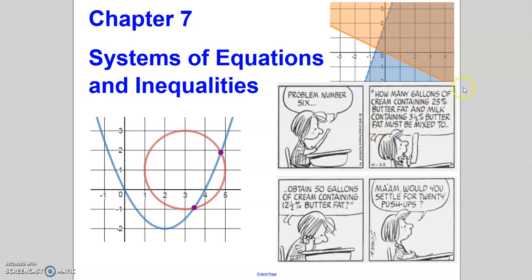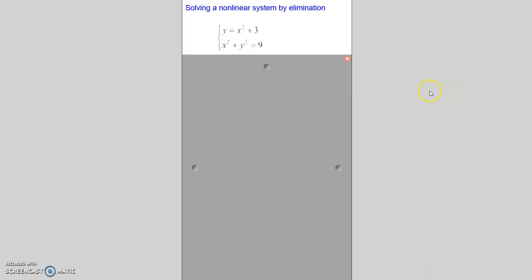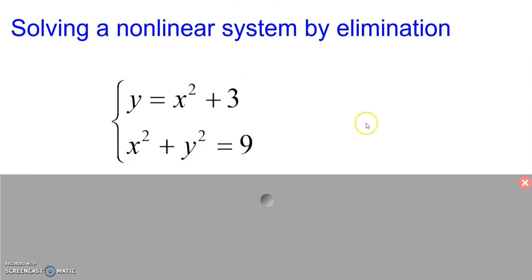Hello, pre-calc students. Today we are going to continue and finish up section 7.4, Systems of Nonlinear Equations in Two Variables. And we're going to look at solving problems today, which, yeah, that's some word problems. Woo! But first, we're going to do another example of elimination to show you something else that can happen